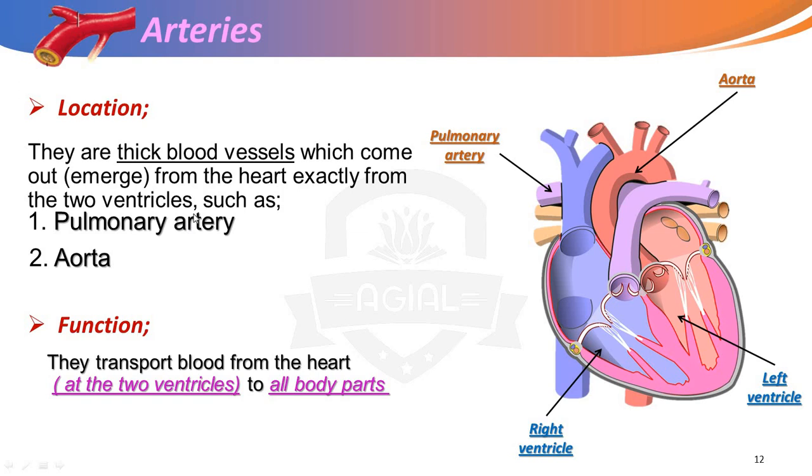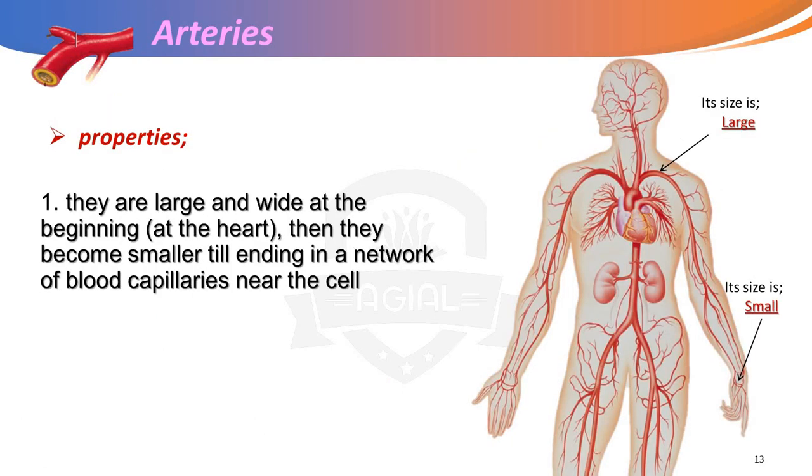So arteries transport blood from the heart to all the body parts. Arteries, as we said, are thick blood vessels. They start at the heart, then become smaller till ending in a network of blood capillaries. Again, it starts thick, wide and large in the heart, then it becomes smaller till it reaches the blood capillaries